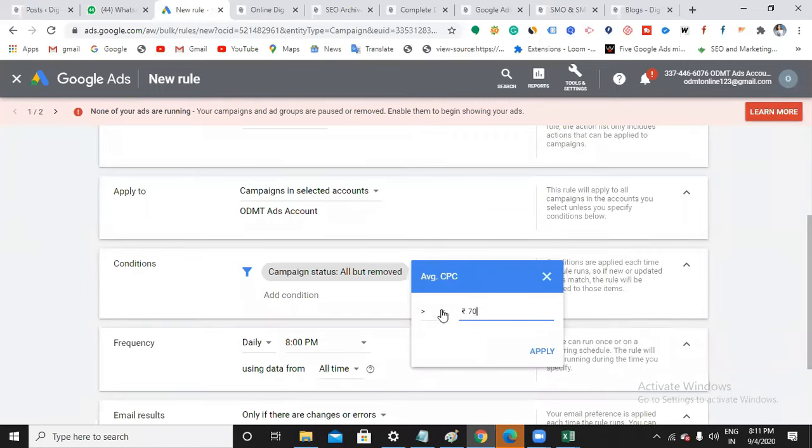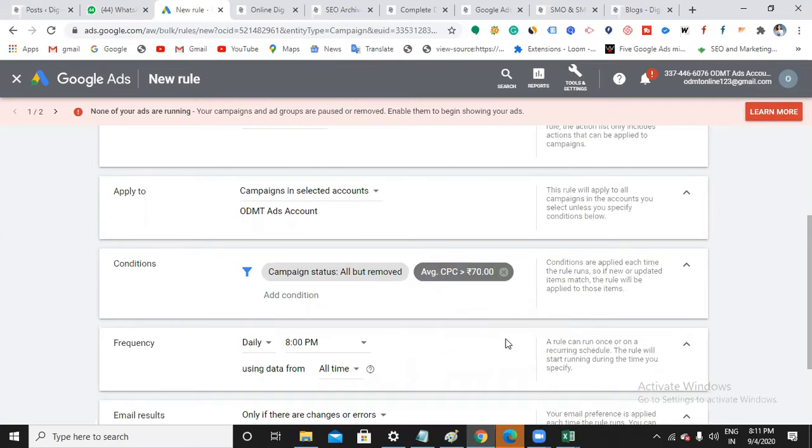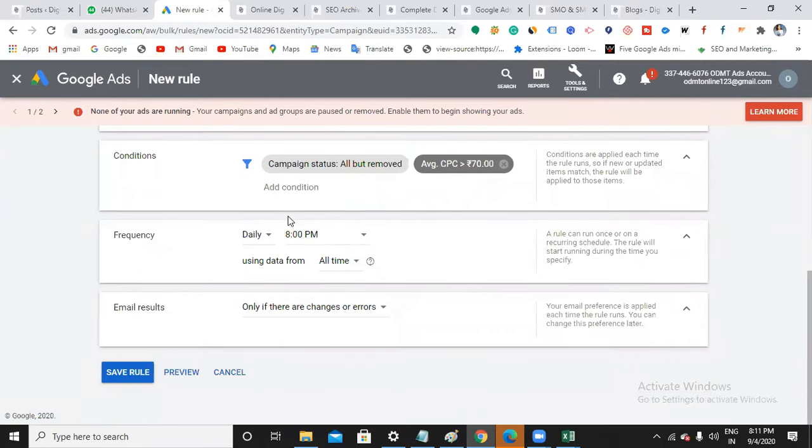In such a way, you can add a rule. It can be less than, greater than, or equal to. I'm going to add greater than, then simply apply. When you want to apply this rule, you can choose daily, once, weekly, or monthly, and the timings also.